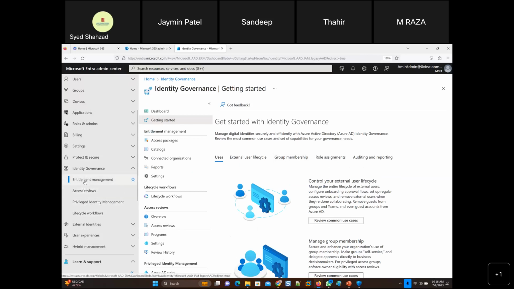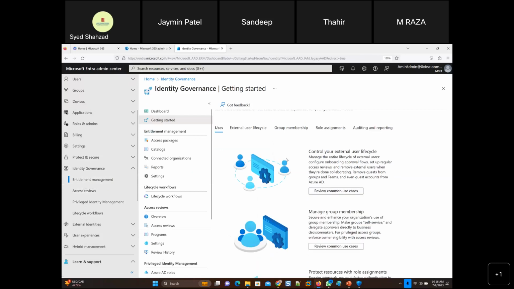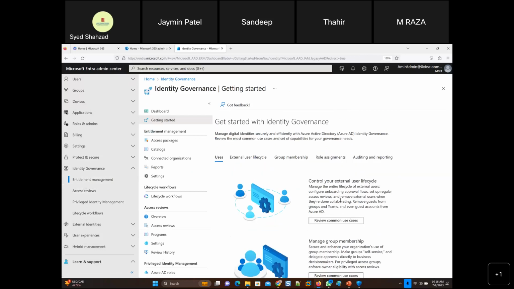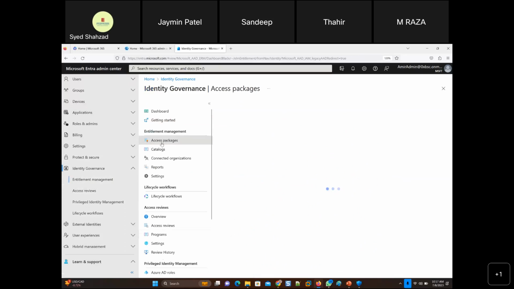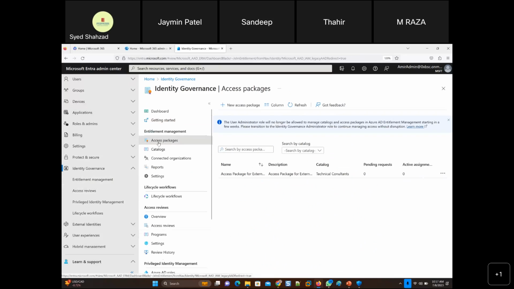Now, we were talking about entitlement management, and we had gone through some use cases here as well. We had created an access package last time: which application you want to allow, which people need to access which applications, for how long, and why. So you should be asking many questions.